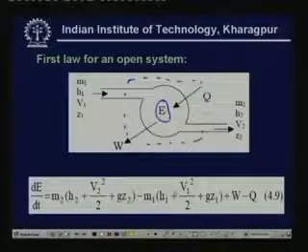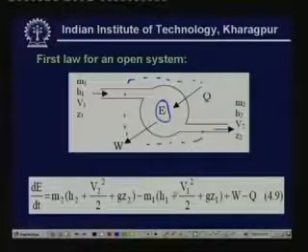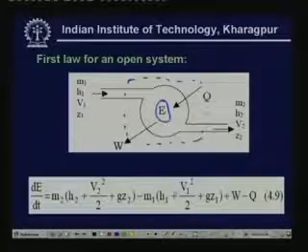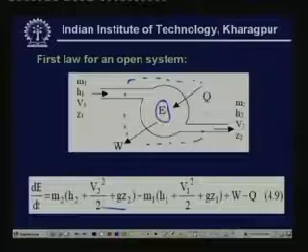In this equation, on the left hand side you have dE by dt, which is nothing but the rate at which the total energy of the system is changing. On the right hand side you have quantities which signify the net energy flux into the system. For example, this term is the